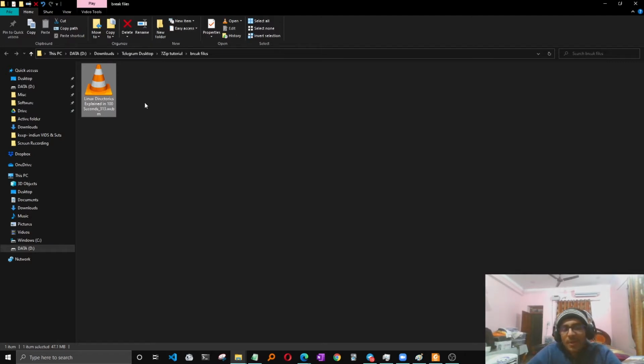Or Telegram has an upload limit of 2 GB per file, but if you want to send a 4 GB file, how do you go about doing that? Then you can break that file down into smaller chunks of, let's say, 1 GB. Then you'll get 4 files, and you can send them over, and the receiver can stitch the files together and watch the big video or whatever the files were.